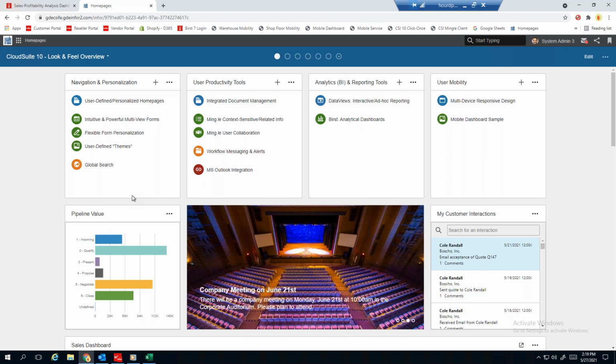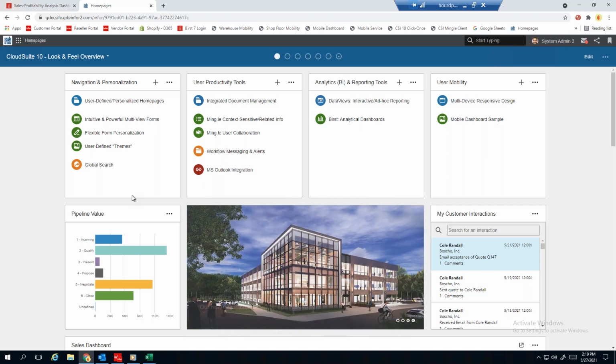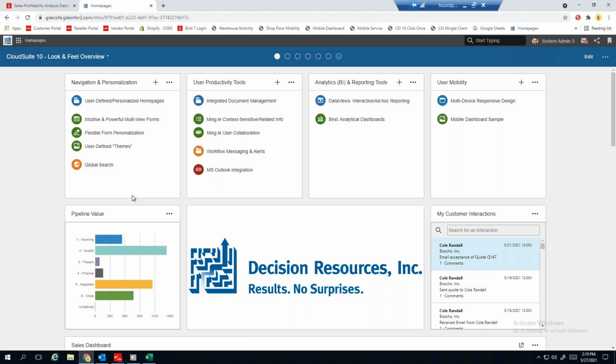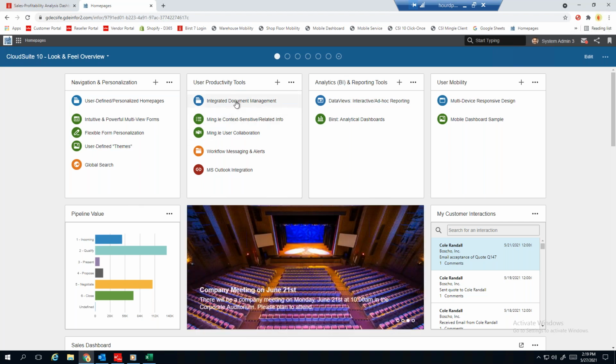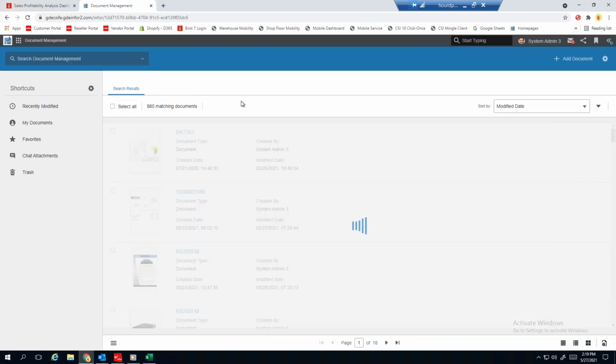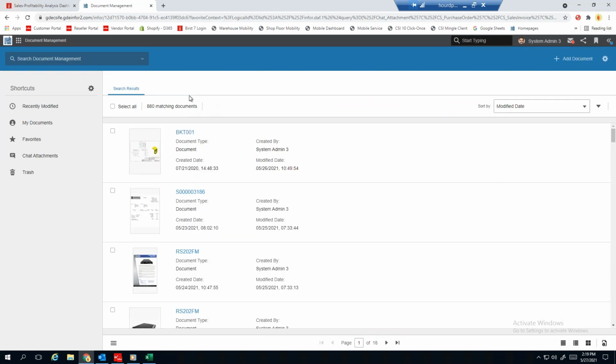I'm going to shift gears into some of the productivity tools now. One component that's part of the Infor OS is what we call IDM, or Infor Document Management. I'm going to show you how the documents are used once they're in the system, but I'm going to go right to raw document management search capabilities first. So here I am, sitting in